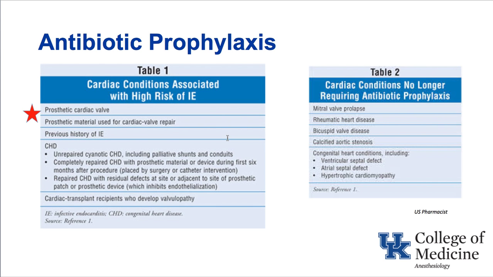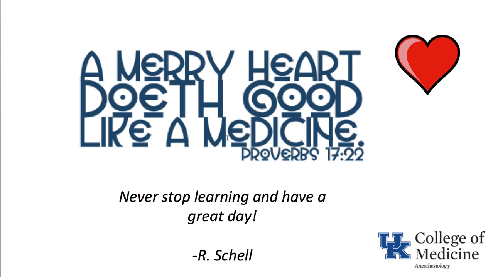Antibiotic prophylaxis. New guidelines: cardiac conditions that are associated with high risk of infective endocarditis. If someone has a prosthetic cardiac valve in place or has used prosthetic material for valve repair, you need to give them antibiotic prophylaxis. Conditions no longer requiring antibiotic prophylaxis: mitral valve prolapse, just because they've had rheumatic heart disease or have a bicuspid aortic valve, or an older patient with calcific aortic stenosis, you don't have to give them antibiotic prophylaxis. This ends a relatively long, thank you for sticking with me on this,